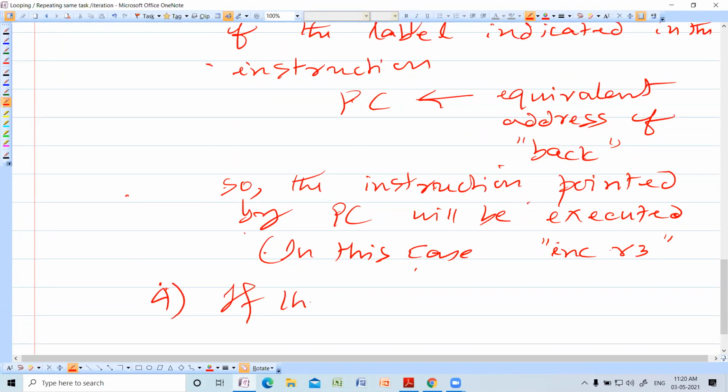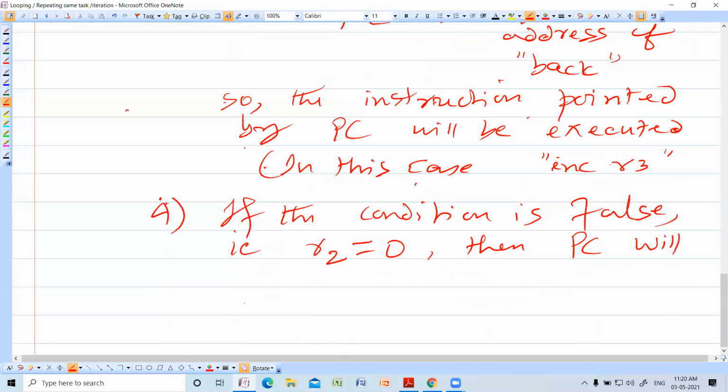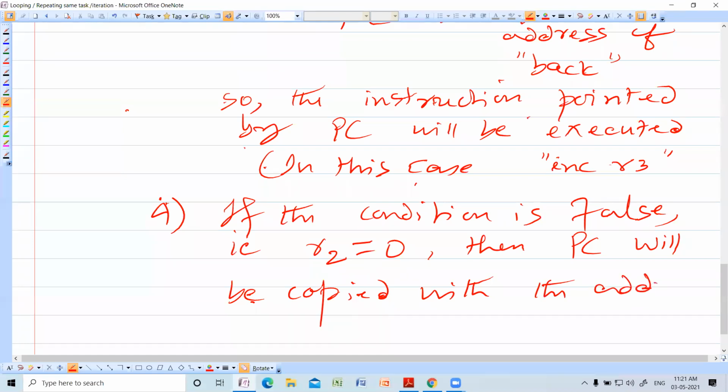If the condition is false, that is R2 is equal to 0, then the program counter will be copied with the address of the next instruction.